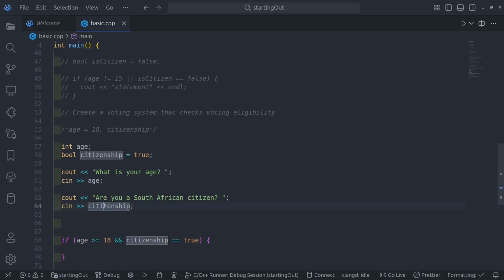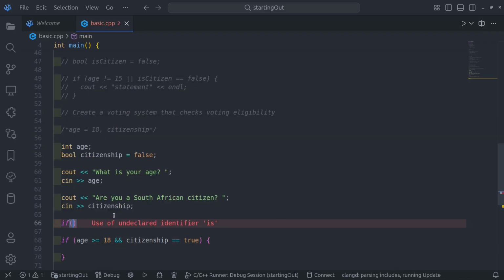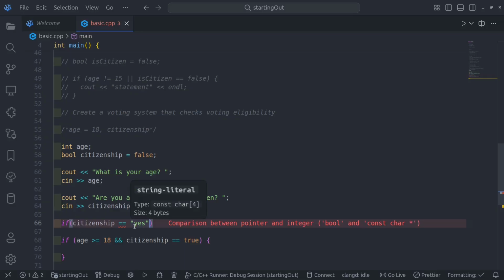Okay, I mean it's true actually, but let me initialize this one to false. I'll explain to you why. Let me initialize the boolean to false. I'll explain why it's here. Okay, now if the citizenship is true, comparison between pointer and boolean. Oh, if citizenship is true,